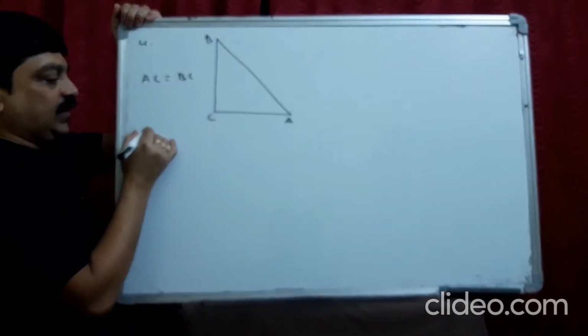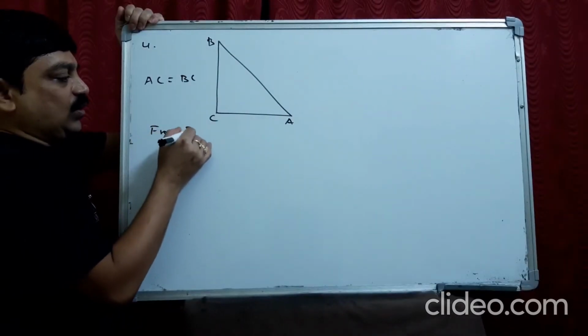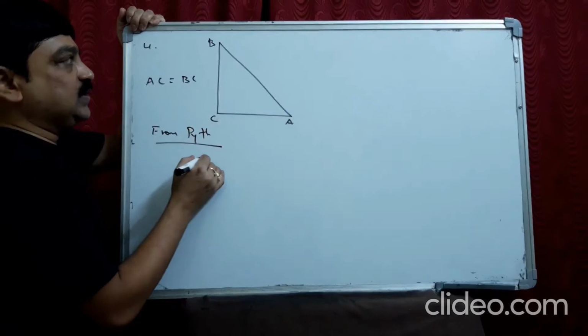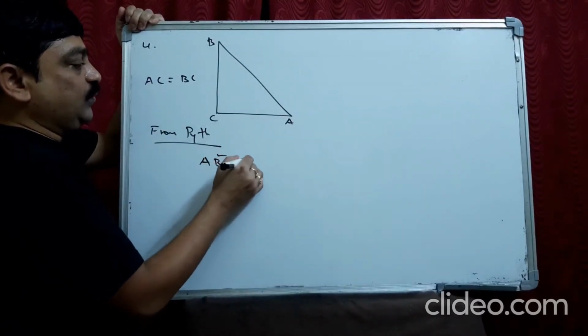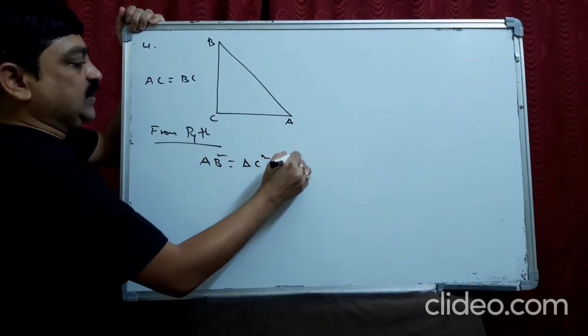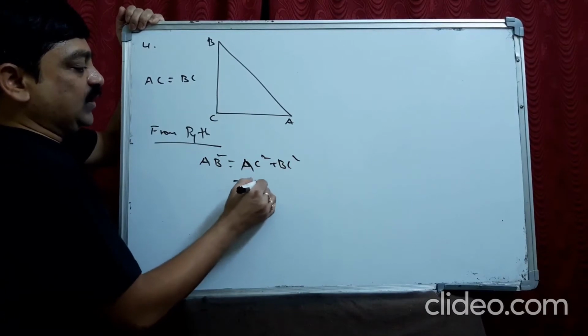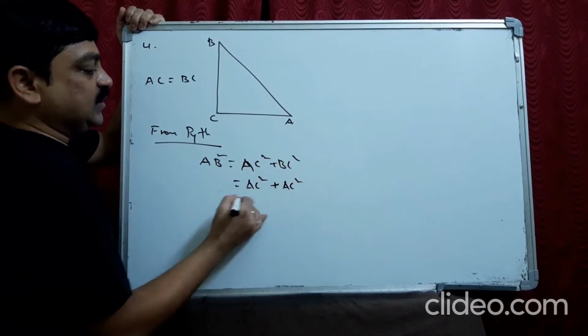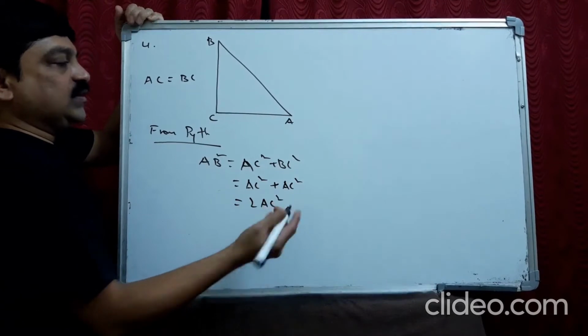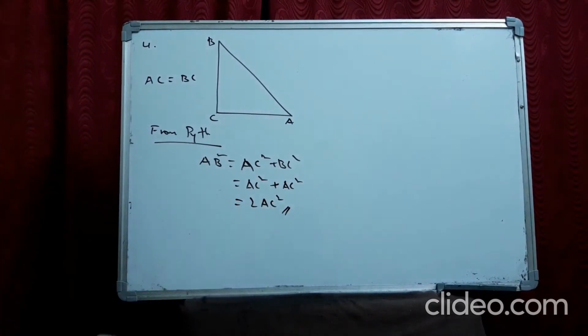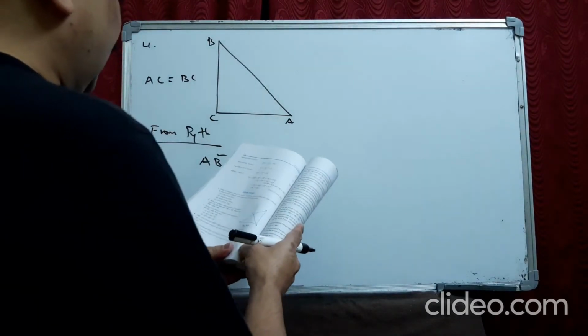Now let us find. According to Pythagoras theorem, what happens? AB square is equal to AC square plus BC square, since it is right angle triangle. We know that AC square plus AC square is nothing but 2AC square. That's it, over. Like that you can do. So one more question. Next one is